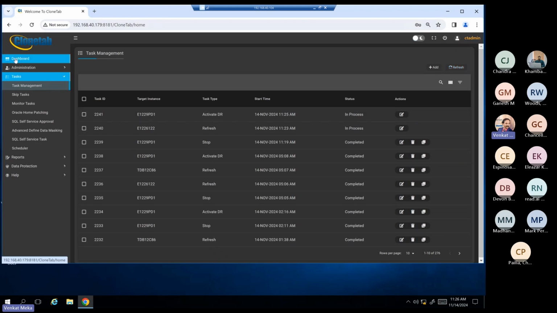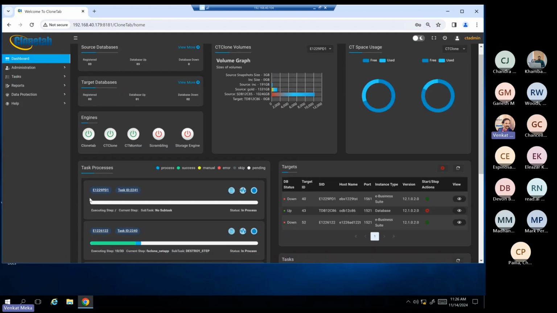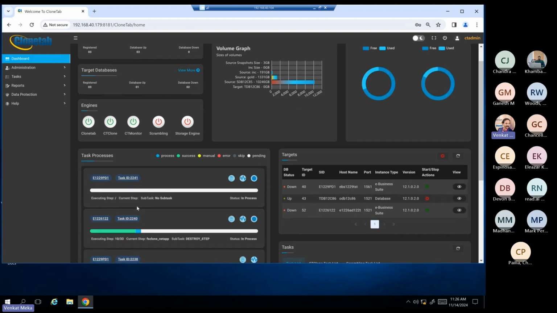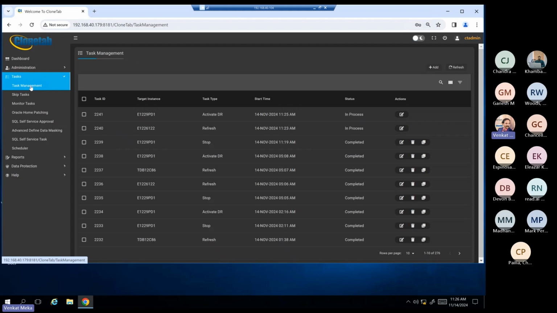Again, go to the dashboard. Should have created one more task bar. So this is again the next progress bar that is currently running. Now we'll also kick off a third task where we are going to do a 10 terabyte database clone, not eBusiness Suite. So I'm going to click on the add button.